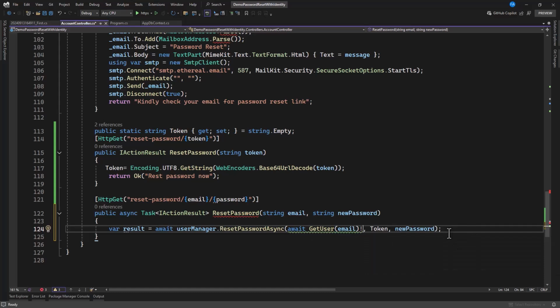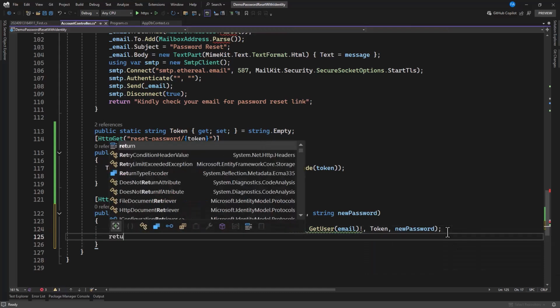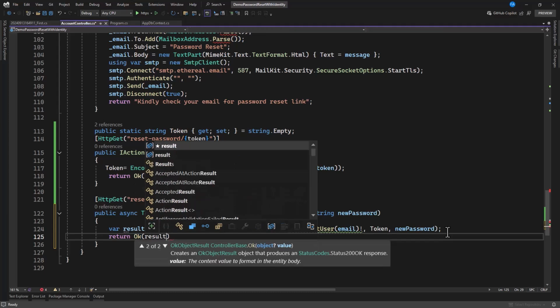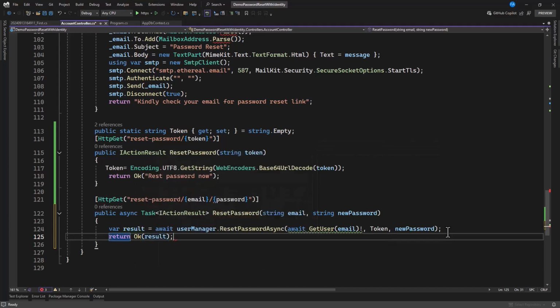And at the end, we want to return this with the results. So in case it was able to reset the password, we're going to see that. In case it couldn't, we will also see it. The next thing that we're going to do here is we need to